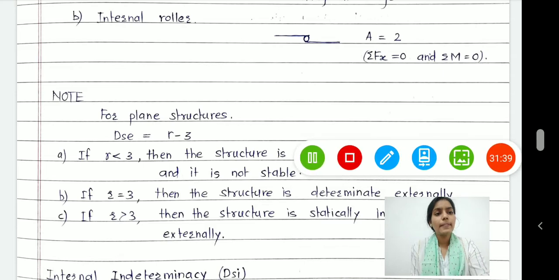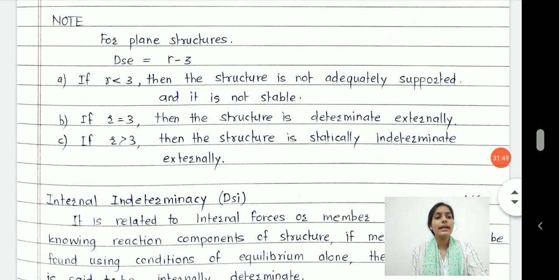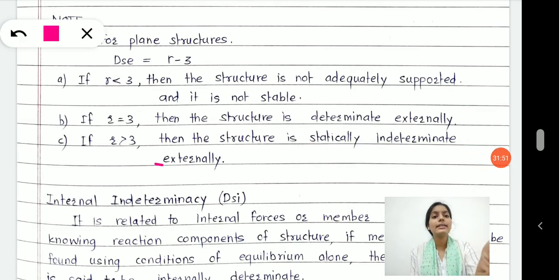Next is R greater than 3. That time the structure is statically indeterminate. The structure becomes statically indeterminate externally. Indeterminate means adequate supports are provided, my structure is stable, but due to the extra supports you have provided, only 3 equilibrium equations are not sufficient. Due to extra supports, extra unknowns are developed. See here,